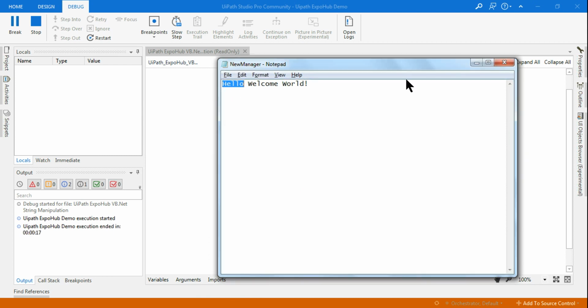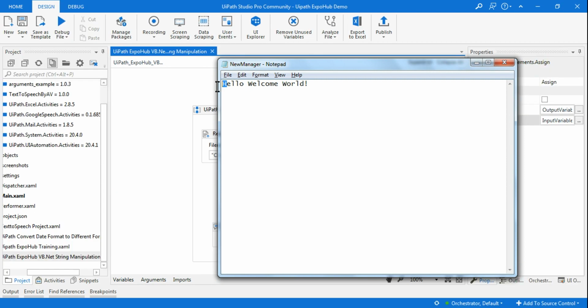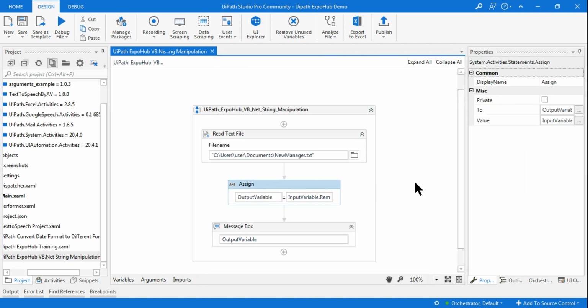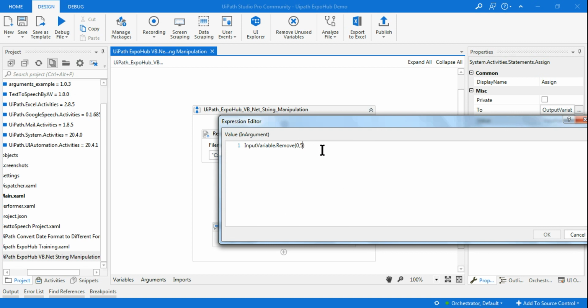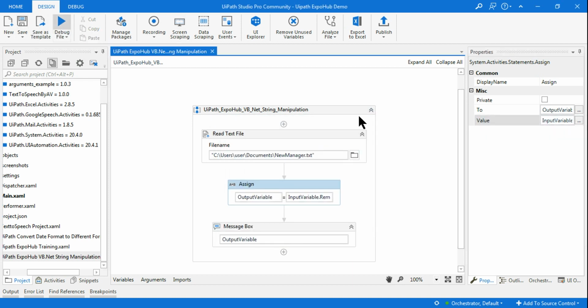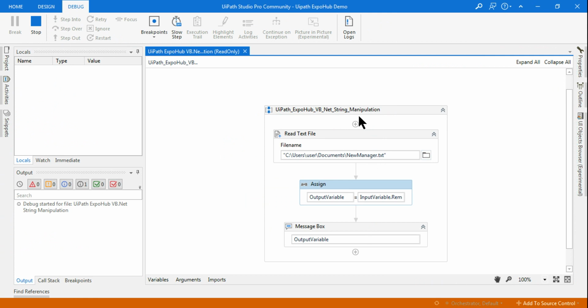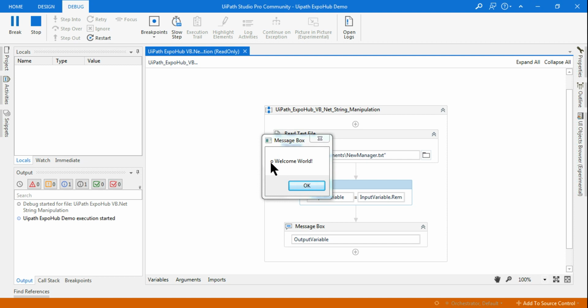However, remember the count, so 0 is the h, 1, 2, 3, 4. So if I say 0 comma 4, what would happen? You see, 0 comma 4. Let's see, I think the O will come now. So this is a bit of an experiment. So you see the O has come. Okay, so sorry, what I said is slightly wrong. So the fourth character, whatever you're mentioning, even that is going to contain it.